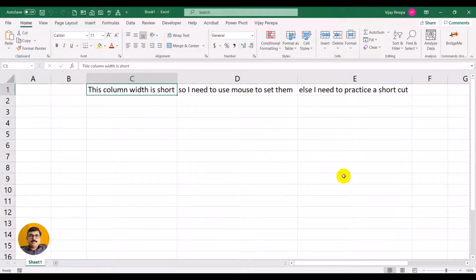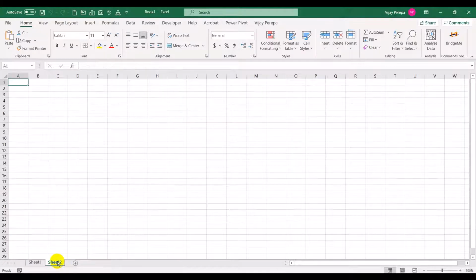Let me show you how to create it. The code is already written, so you just need to see how to get that. It's a single piece of code. For example, let me open another sheet. So let me show you the code first, and then let me type the same code for this sheet.